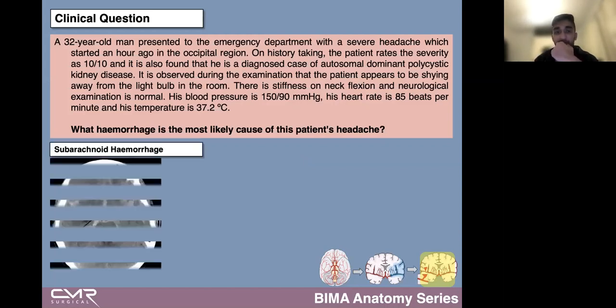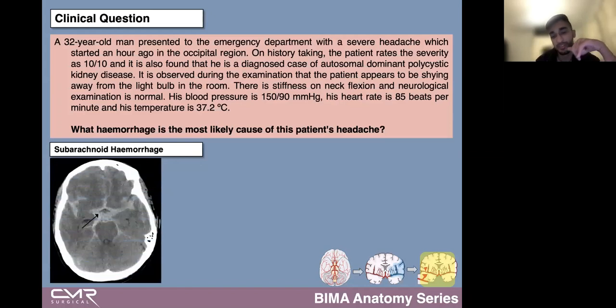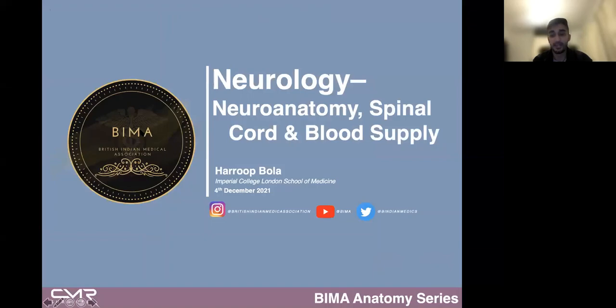Yep, so indeed, it's a subarachnoid hemorrhage. Here we have a subarachnoid hemorrhage. So this is a CT scan. And here is an aneurysm, a berry aneurysm, which is occurring at the base of the brain within the circle of Willis. And the symptoms being presented are severe headache, and the positive risk factor is a diagnosed case of autosomal dominant polycystic kidney disease, and also the associated